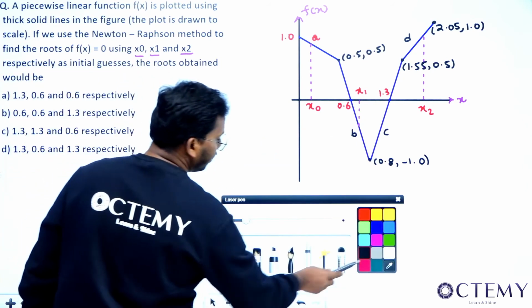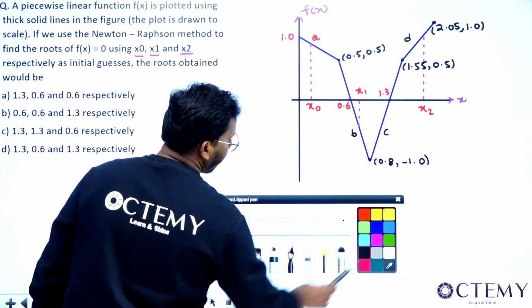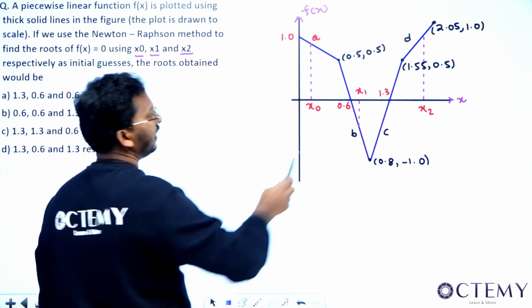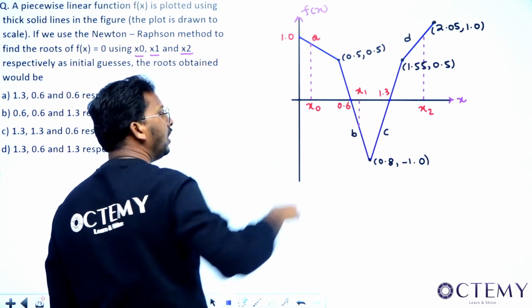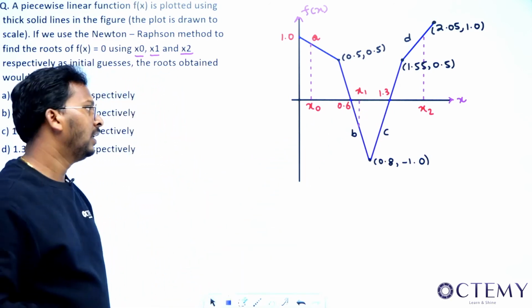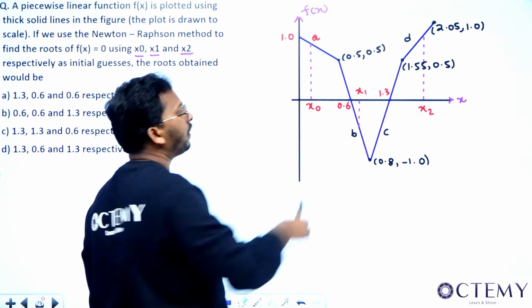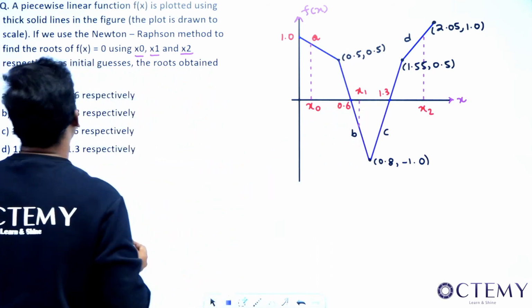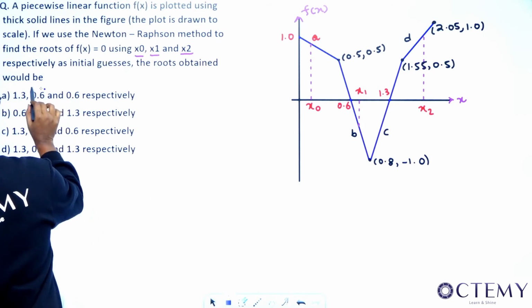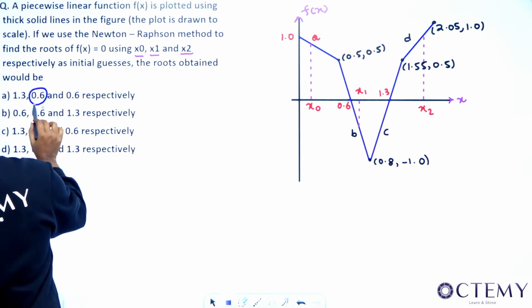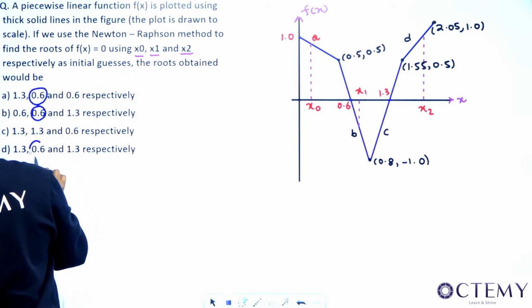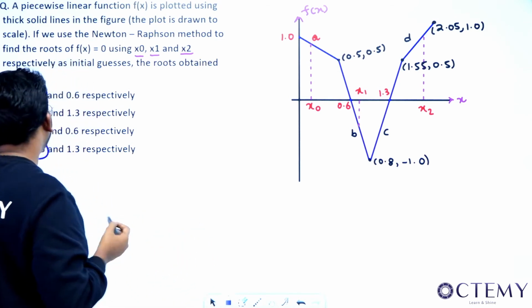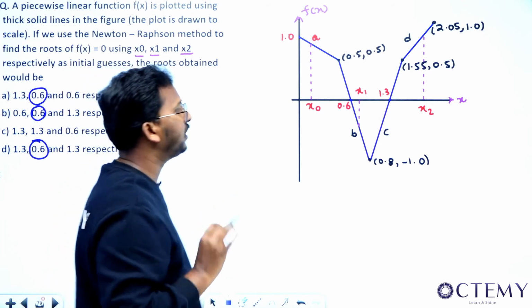So if we just narrow down the options, if you take x1 as the initial guess, first what you have to draw, sir? You have to draw a dotted line onto the function. Then you will draw a tangent. The tangent perfectly matches with this line B. So the root is what? 0.6. So for x1, the root should be 0.6. So it is in option A, it is in option B, it is in option D. So it can be A, B, D. It cannot be C. Elimination we have done, sir.